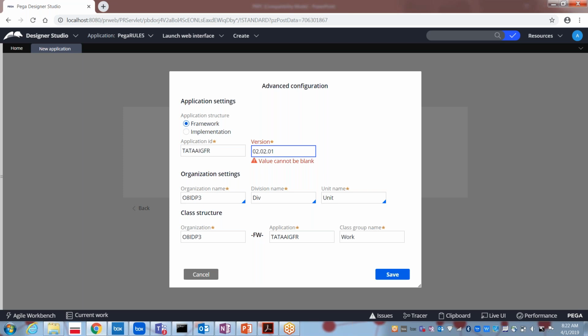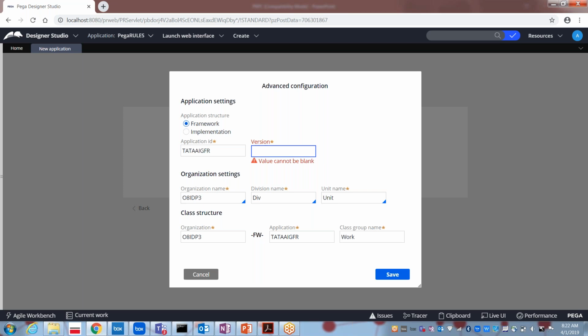Major, minor, patch version. When I increase the major version, that means the functionality of the application would be completely different. So based on the changes you are doing, you will be increasing the versions accordingly. Major, minor, and again patch version. Totally three things will be there while creating any application, on the rule set version or else on the application version.